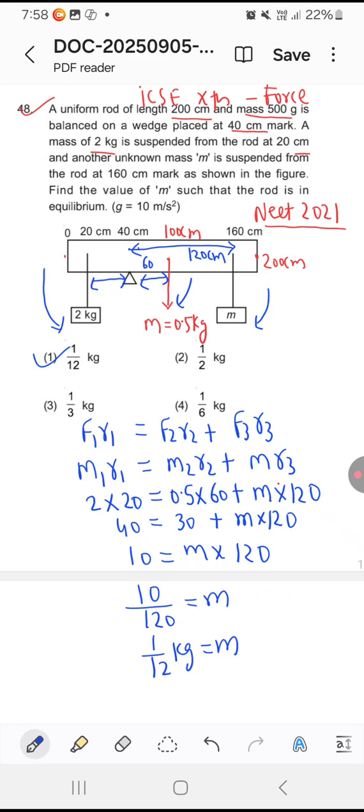Based on principle of moment we have learned in class 10th, and same thing we are learning in higher classes. We just solved NEET 2021. A class 10th ICSE student can easily solve these types of numericals. So when you are in class 10th, basically you are preparing for competitive exams like NEET and JEE. So focus well and always stay one step ahead.